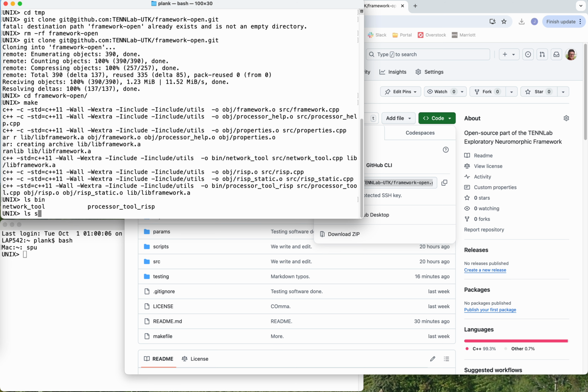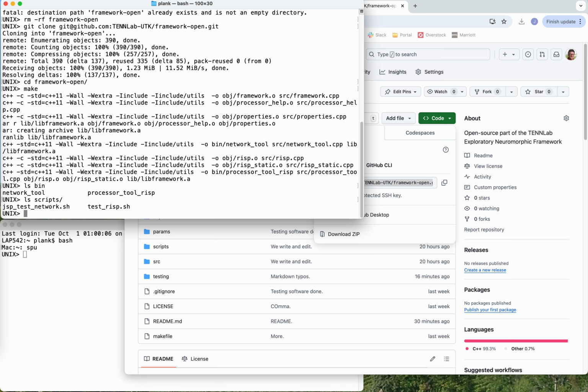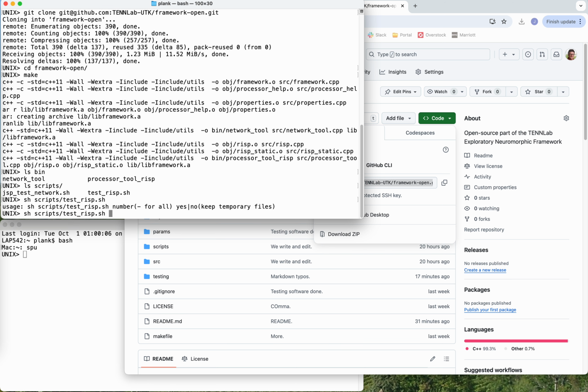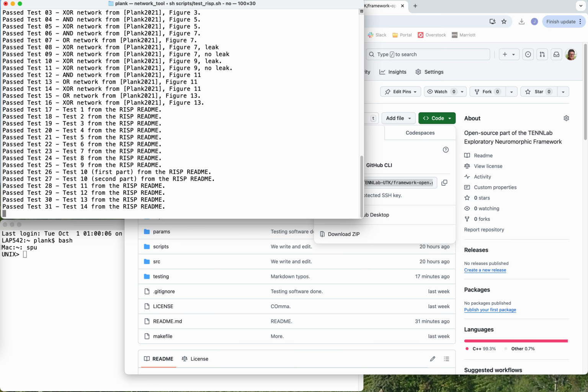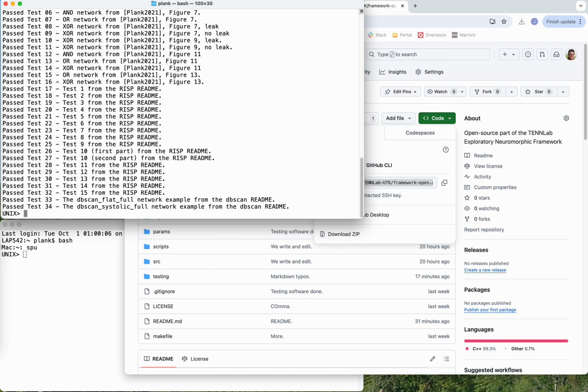I also have in the scripts directory a testing script, and it's a good idea for you to go ahead and just do this right now. As soon as you pull and compile, go ahead and run the testing script. You can give it a dash, it'll run all the tests. Let's just say no, so it's not going to keep any files. It's going to go through a whole battery of tests to make sure that everything's working. Your output should look like this, where it's gone through, done all the tests, and it's passed all the tests,